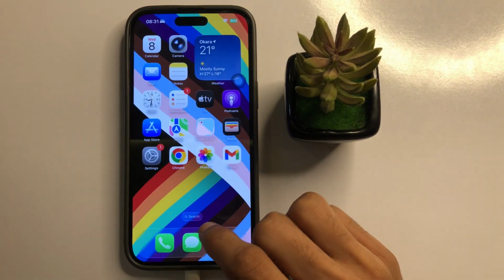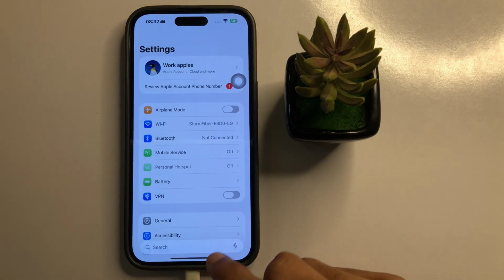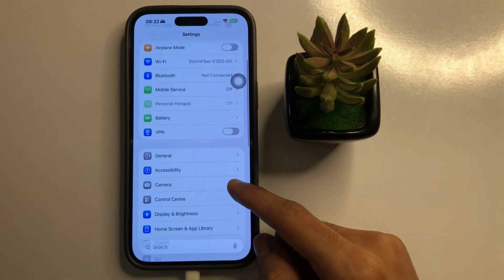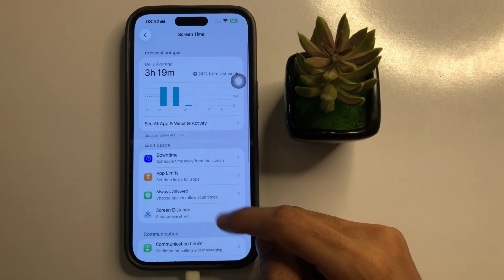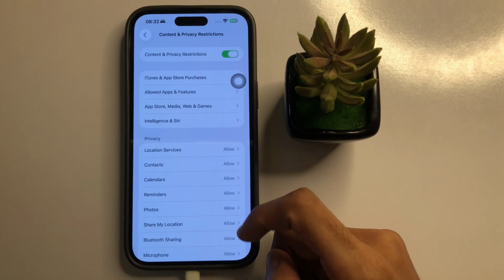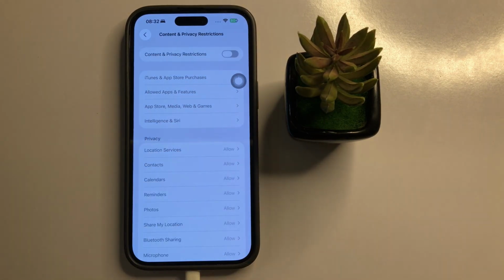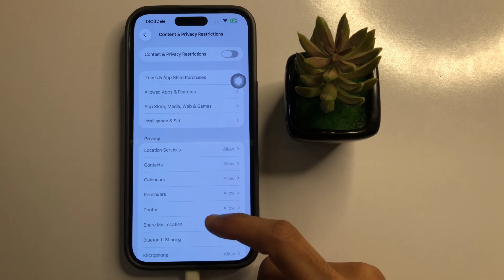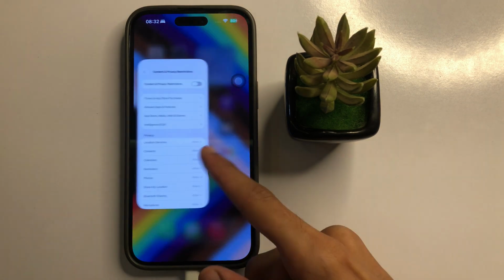So if it's not solved, so click on settings app. Now in settings, scroll down, click on screen time. Now here scroll down, click on content and privacy restrictions. So turn off content and privacy restriction button. So after turn off content and privacy restriction button, so go back to home screen, refresh phone, you will check